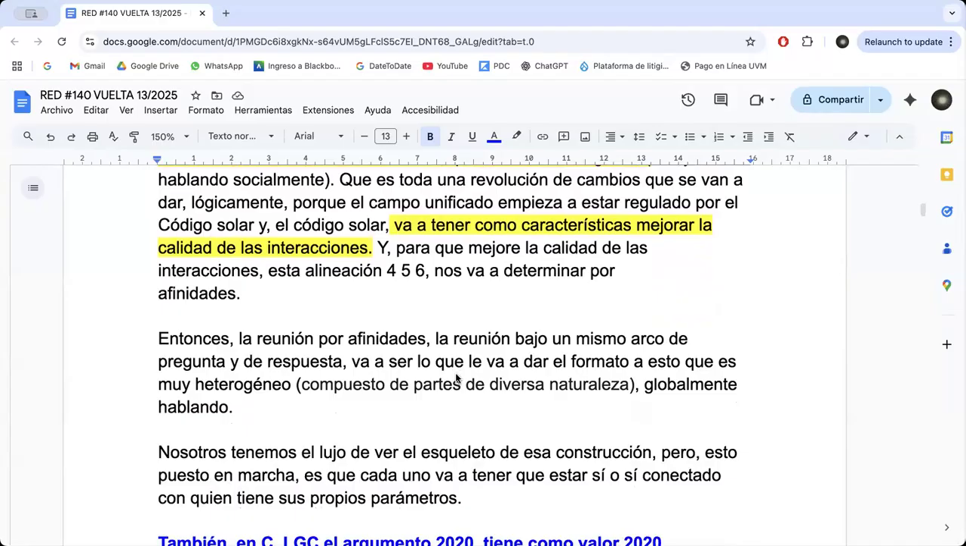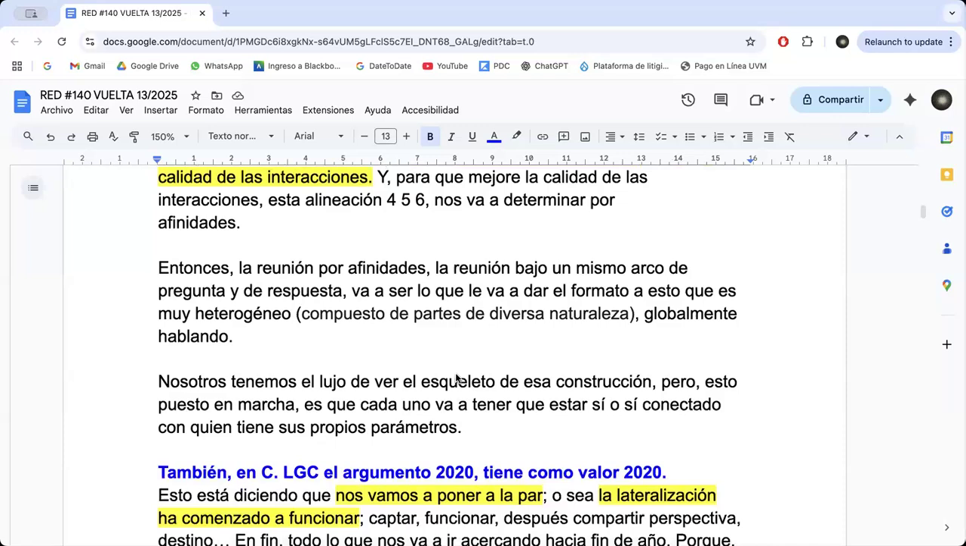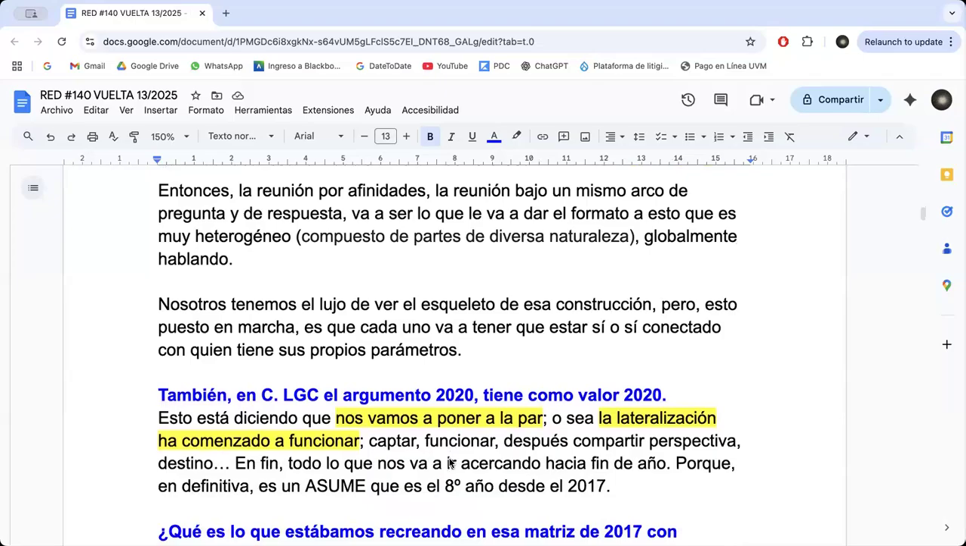Why? Because the unified field begins to become regulated by the solar code. And the solar code is going to have the characteristic of improving the quality of the interactions. So for the quality of the interactions to improve, we will have this 456 lining, right? And this is going to be determining affinities, right? So what's going to happen? There's going to be a reunion through affinities, a reunion under the same arch of question and answer, which is